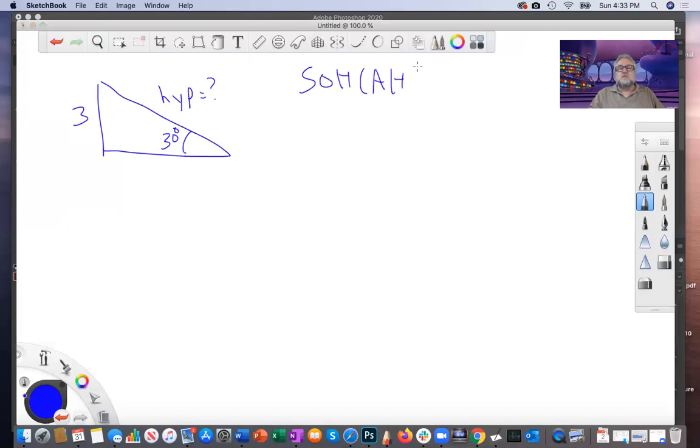And whenever I do a test or a quiz, I always have this staring at me. I write it at the top of the page. So opposite and hypotenuse, that's the sine function. So sine 30 equals opposite over hypotenuse. So if I can convert this to a number, well, then I can just plug it in and solve for hypotenuse. Now you need to be careful because your calculator can be set in degrees or radians,